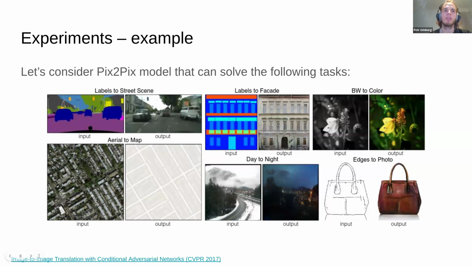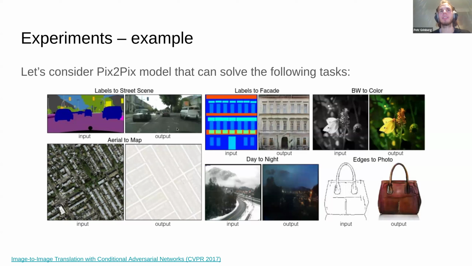For example, you can take a photo of a map with everything like a natural photo, and then convert it into this Google Maps style view without colors. Or maybe you have a photo of a day and you want to convert it into a photo of a night of the same place. Or you have a grayscale image and you want to convert it into an RGB image. Stuff like this. So actually the same architecture can do all of this, but